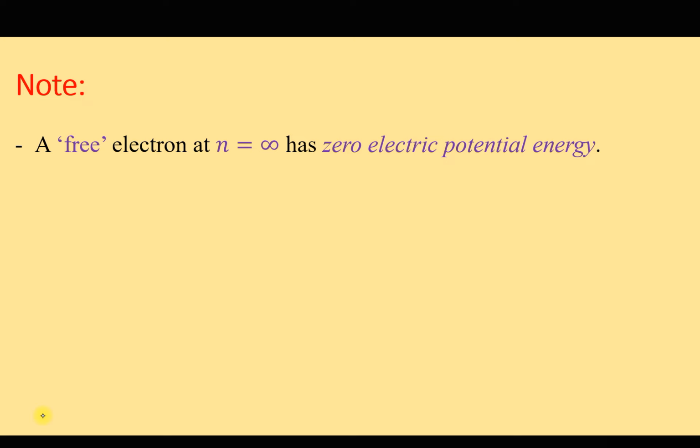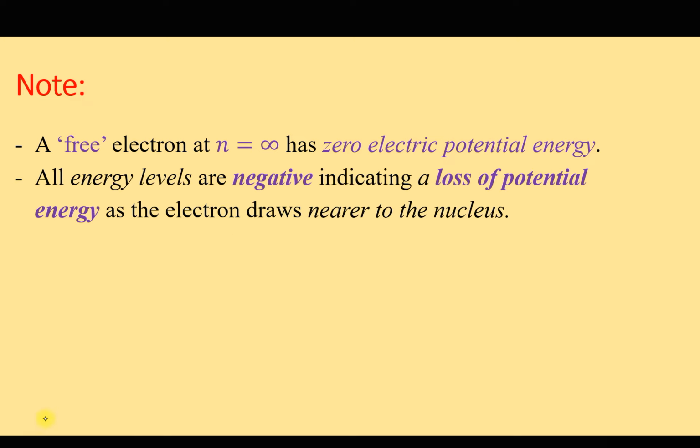And if the energy at infinity is zero, it means all energy levels between infinity and the nucleus are going to be negative. This means that when an electron moves to infinity, it gains electric potential energy. And when an electron comes closer to the nucleus, it loses electric potential energy, simply because for a positively charged